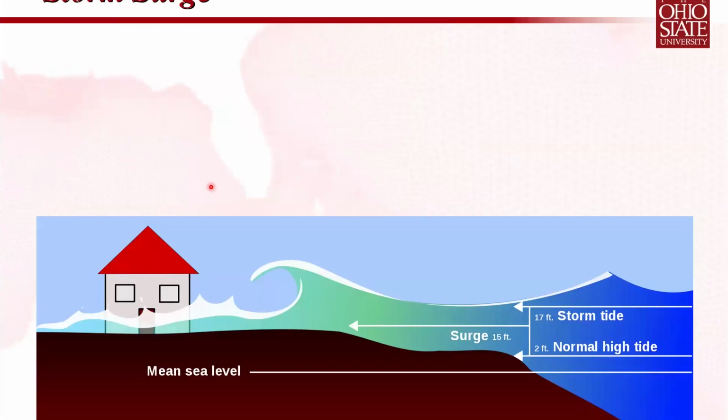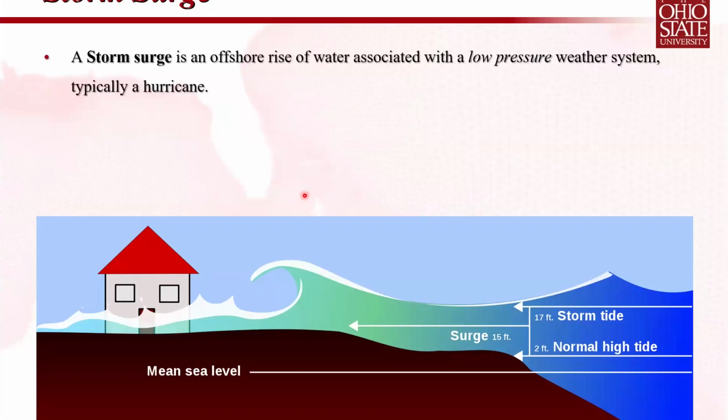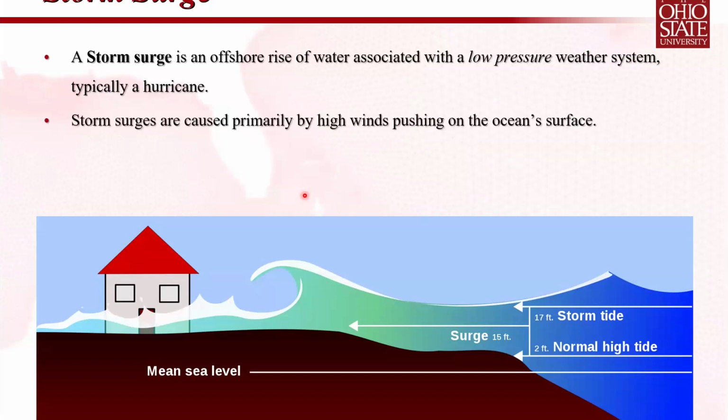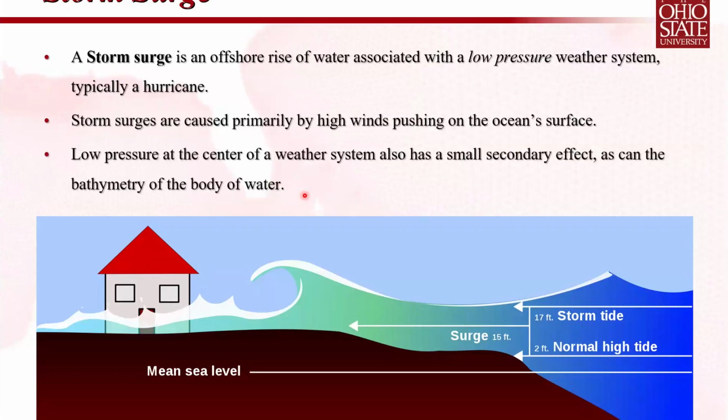So just a little bit of background on storm surge. It's an offshore rise of water that's associated with a low pressure weather system, which is typically found in a hurricane. And storm surges are caused primarily by the winds pushing on the ocean surface, so actually through the application of a shear stress on the surface of the ocean. And there are some secondary effects due to pressure as well as the bathymetry of the body of water that you're dealing with. So this picture down below here is showing, first of all, mean sea level. And under normal circumstances, we might have a high tide on the order of 2 feet. But as a result of surge, that can be an additional 15 feet in elevation, which of course results in